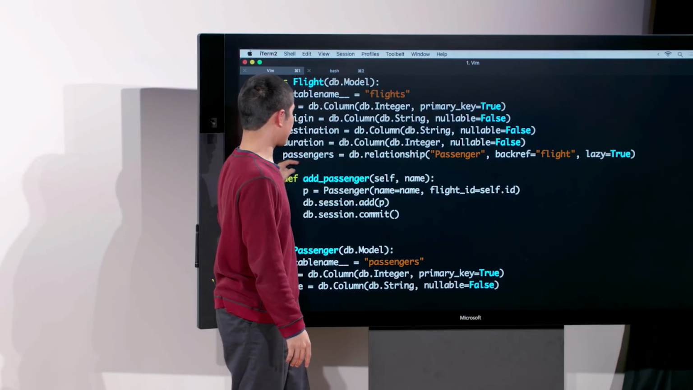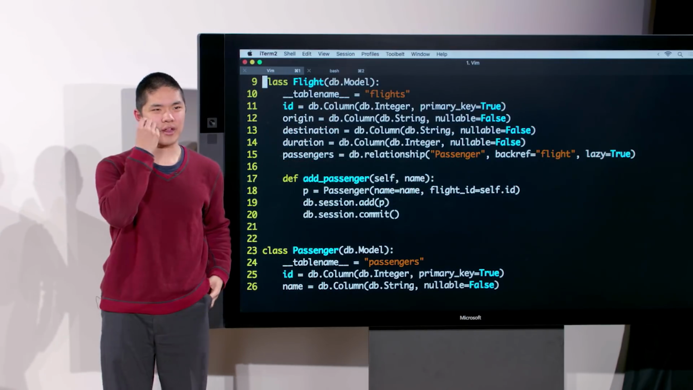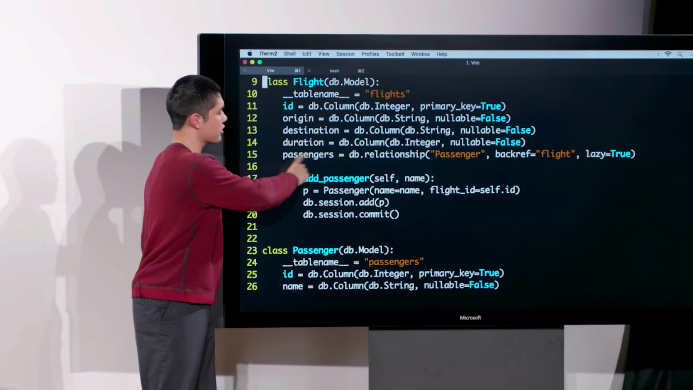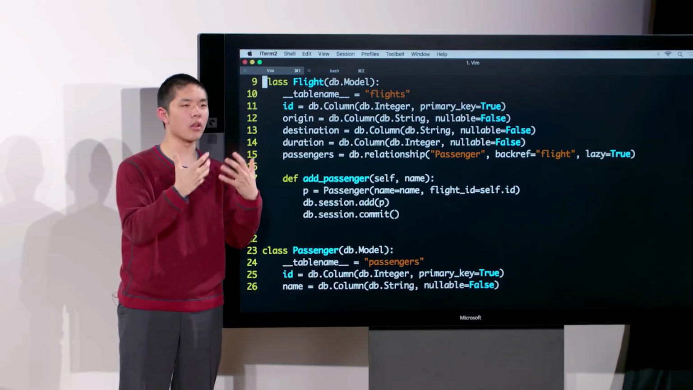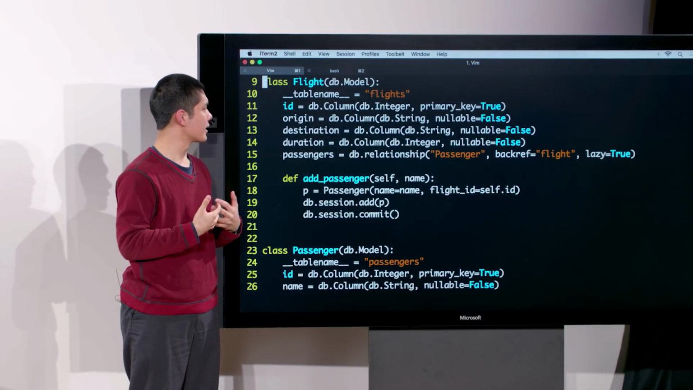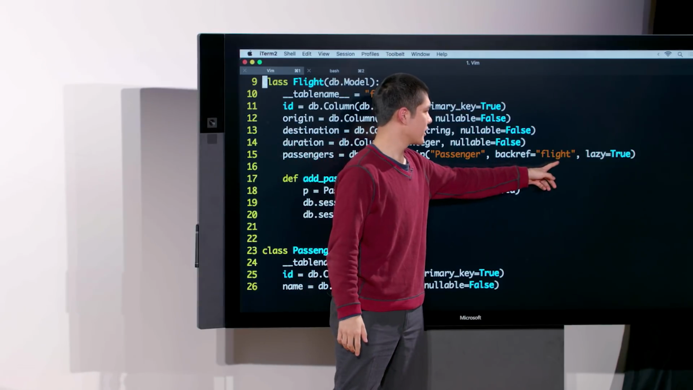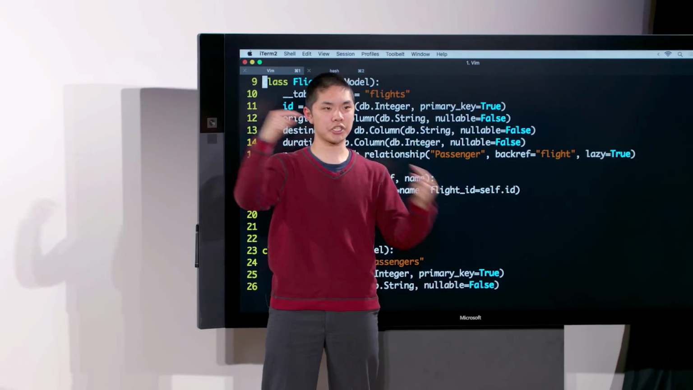And what this is going to do is give me a way such that if I have a flight object, I can use this passengers property to extract all of the passengers that are on that particular flight. Backref equals flight is going to do something else, and it's going to give me a relationship in the opposite